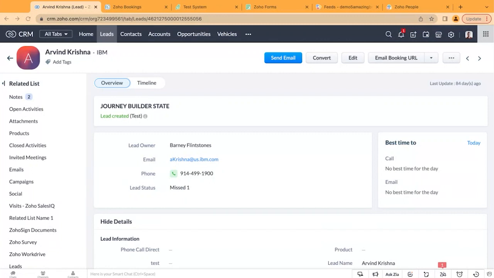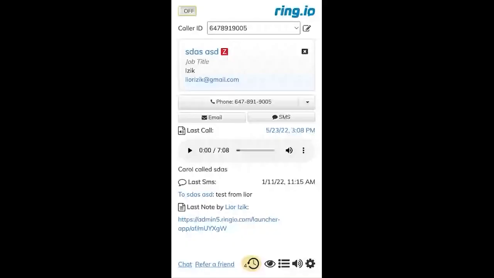The next action, let me see if I can bring it so that everybody can see it. Give me just one second. I'm just loading myself. Good. So let me bring it. And that will be the dialer. Okay, everybody can see the dialer? Yep. Okay, so you're talking about